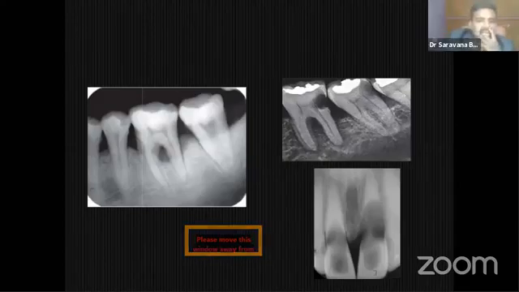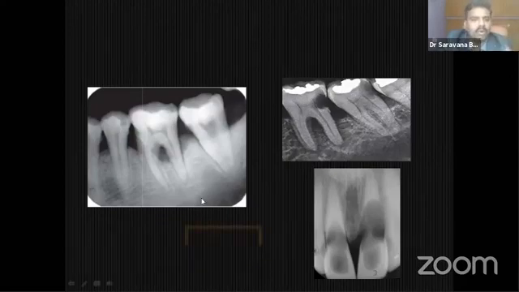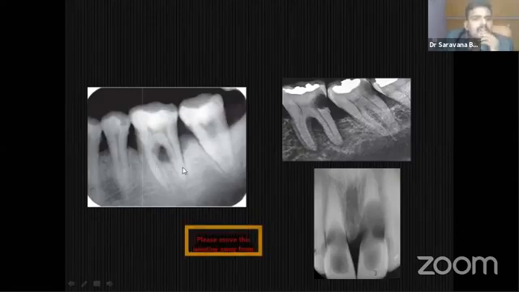Okay, these are some other IOPA pictures. This is just a simple one. Can we go ahead for root canal treatment for this type of case? That is the question. For this case, yes, it is periodontal bone loss, localized periodontitis, but there is furcation involvement here. So directly we cannot go for root canal treatment. Again, same thing here, furcation involvement in this tooth.